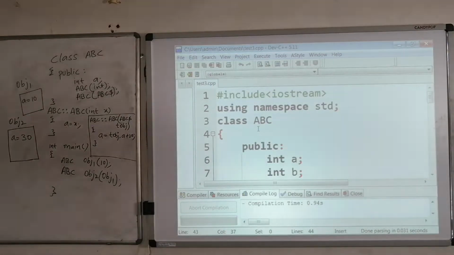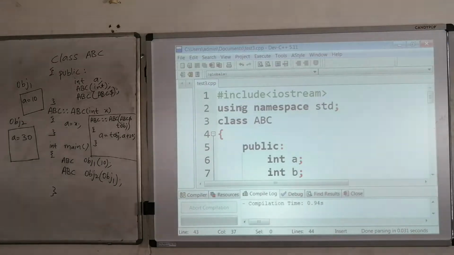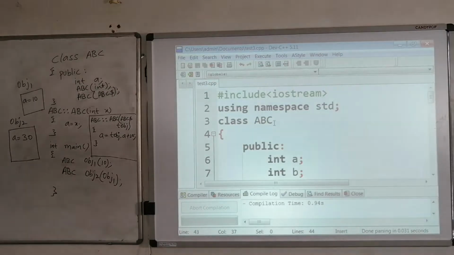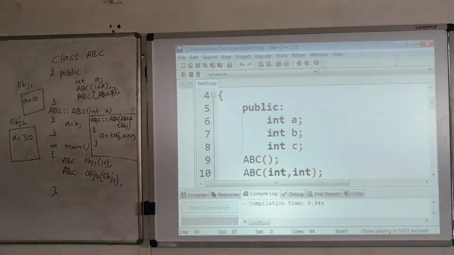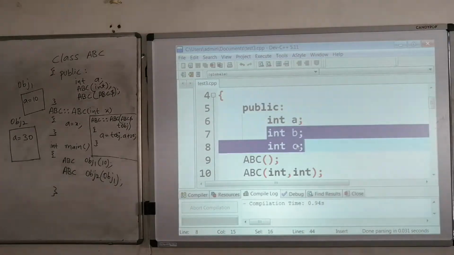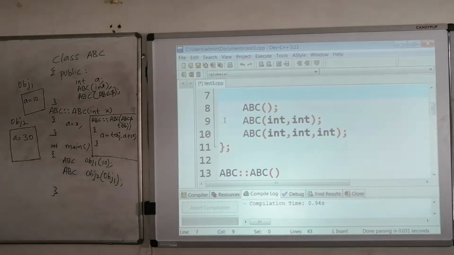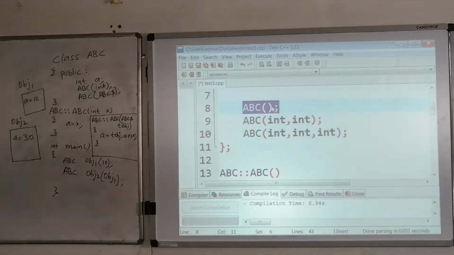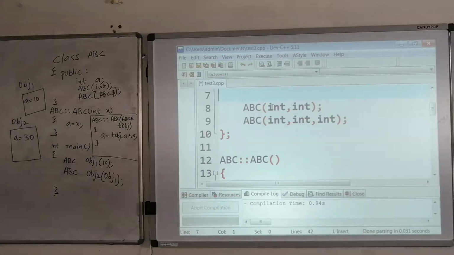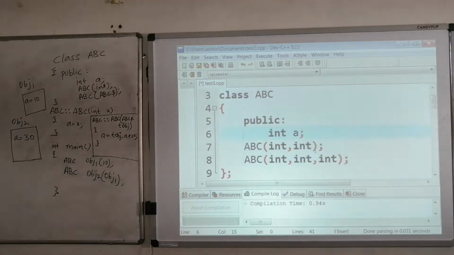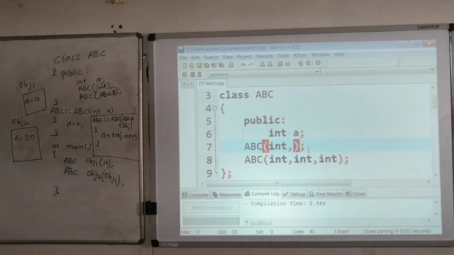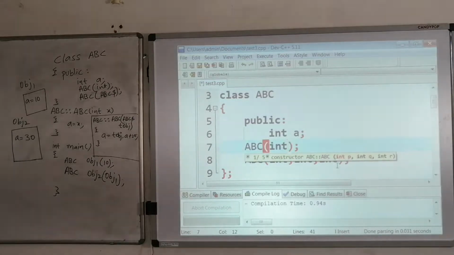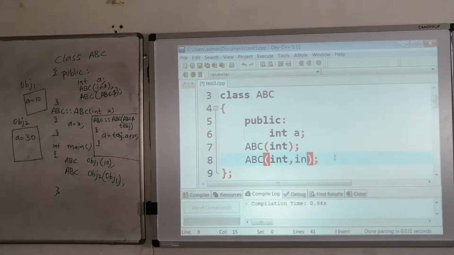Okay, to explain that copy constructor concept in your compiler, just quickly see this one. I'm assuming the same class ABC, and in it, as I told you, I will take only one parameter, that is A, and two constructors, one with only one parameter and one should be the copy constructor. So remove this one and the other one should be the copy constructor.